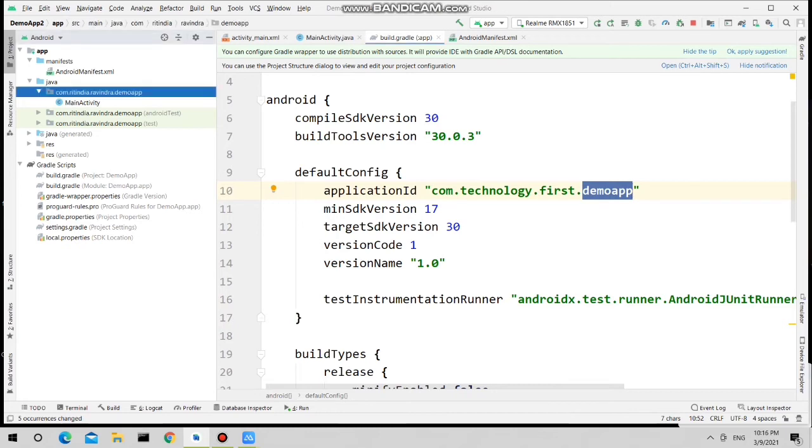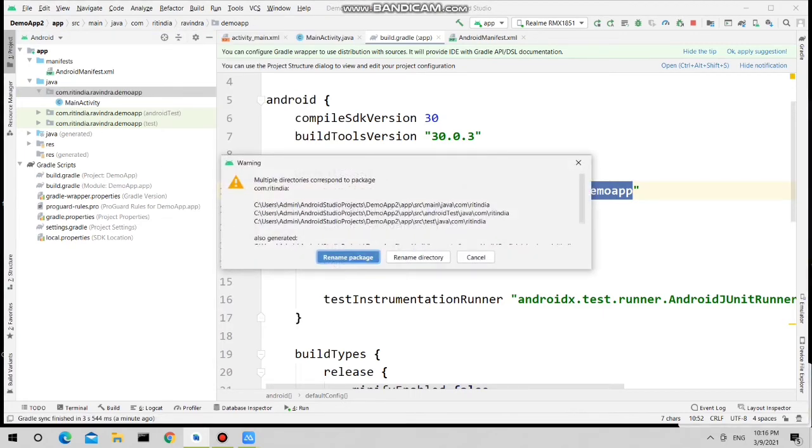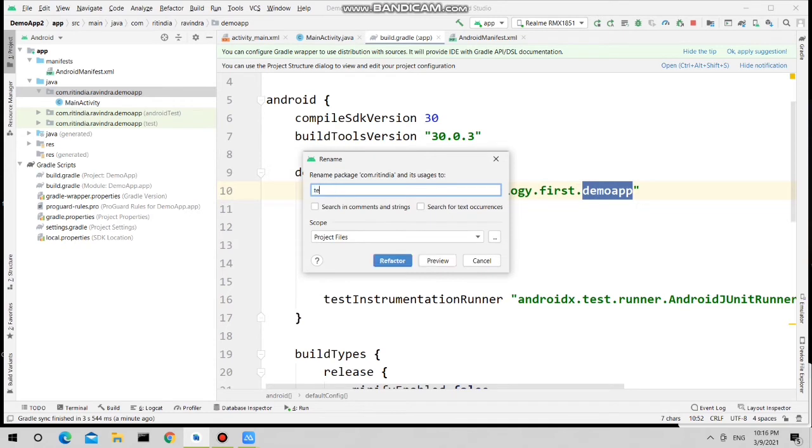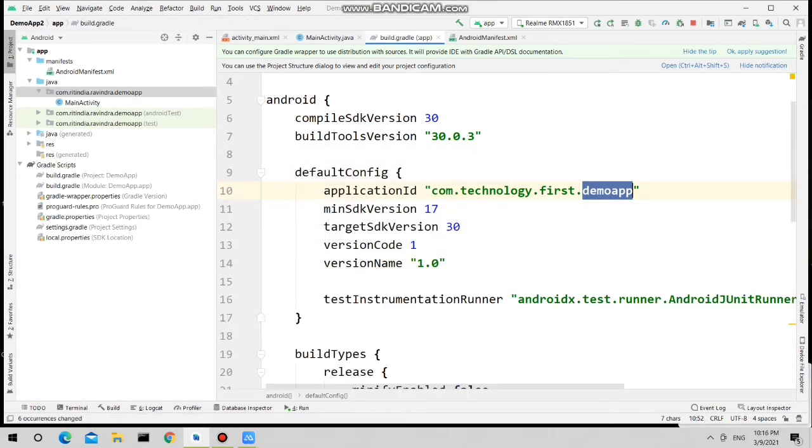Now you need to change the second one. Instead of this writeindia, you want technology. So right click on this, then refactor, rename package, and then here you want technology. So type that, click on refactor, do the same thing, do refactor.